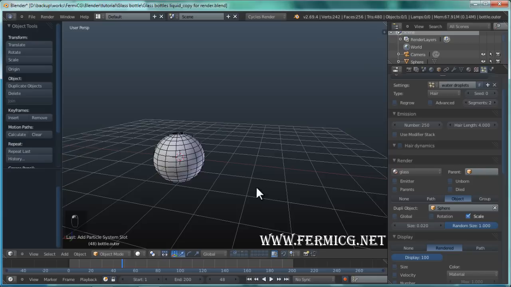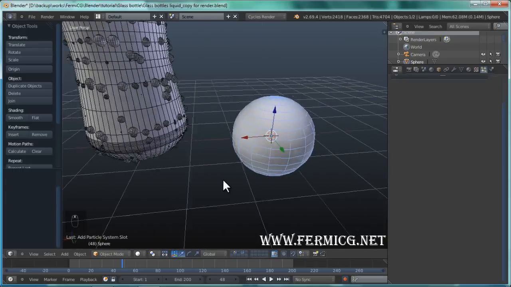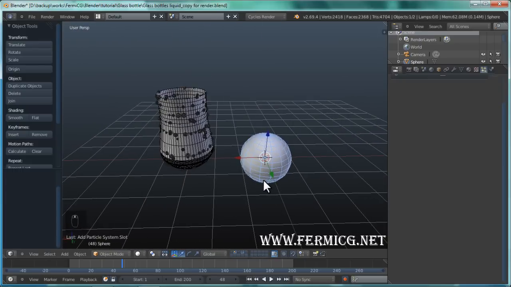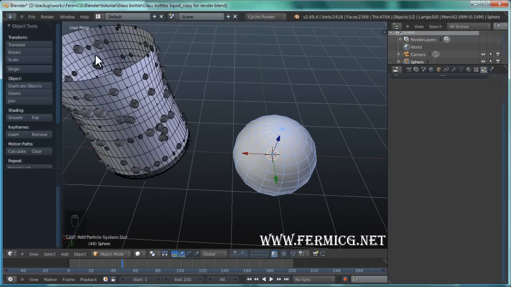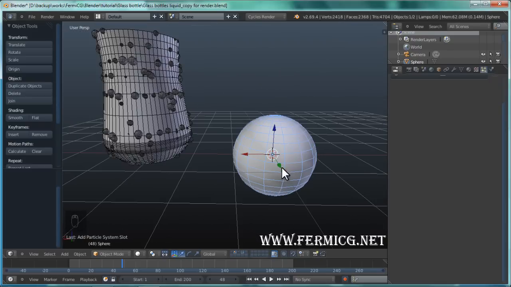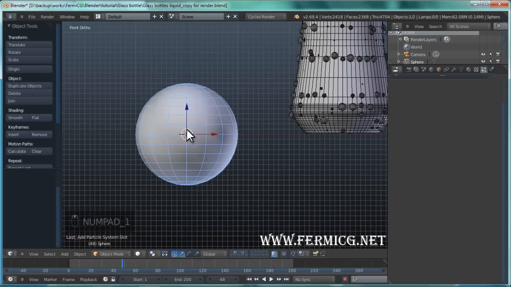I forgot where. Okay, in the second layer, see, we have something like this. Our objects are like this, our water droplets are like this. If we want our object to be out of this, we need to fix the pivot or the origin of this object. So press 1 so we can see now that the sphere has the pivot or the origin at the center of its mass or the bounding box. We need to fix it